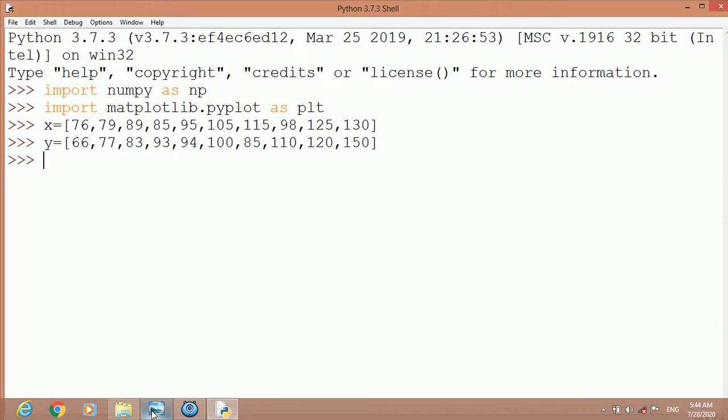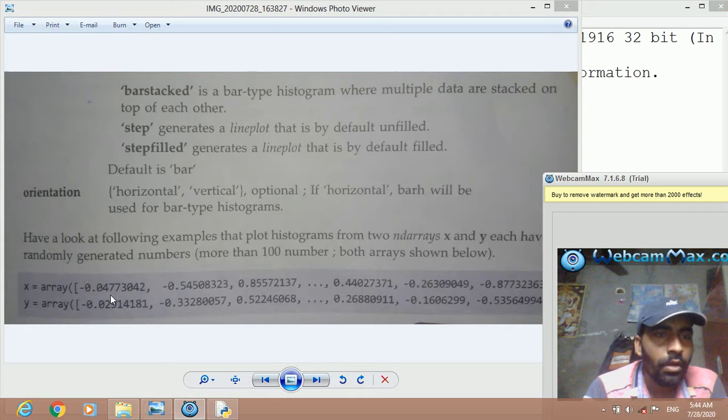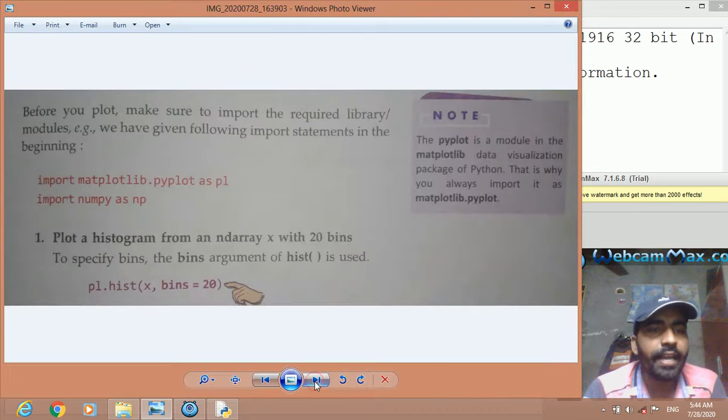After that, what do we have to do? After creating the array, we just have to write the plt function. We have already imported matplotlib and numpy. Now what do we have to write? plt.hist, then the value which we want to show, the data points. If you want y or x, we can write x or y here. Then we can write the number of bins, the number of data points we want to show,